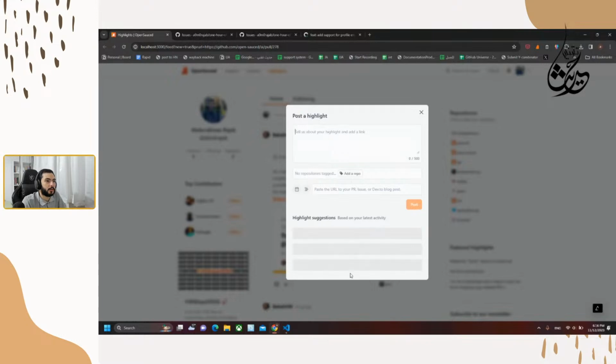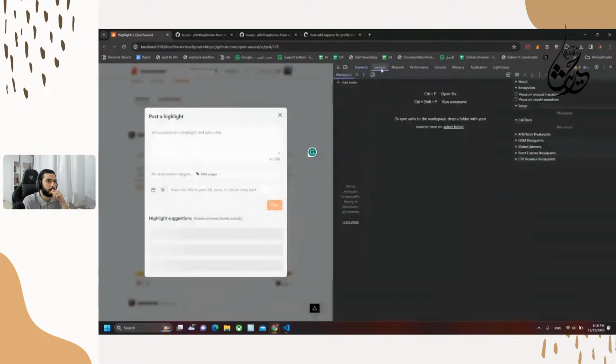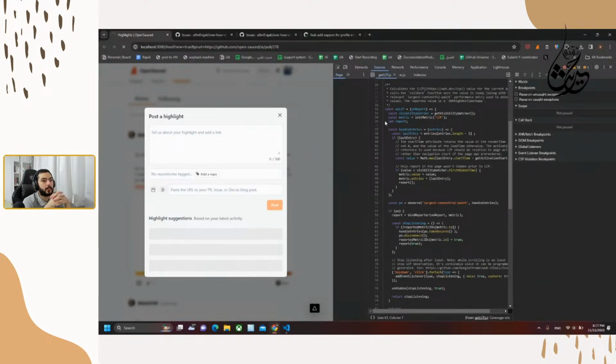Open inspect, and refresh that page, so we could get the inspect stuff.